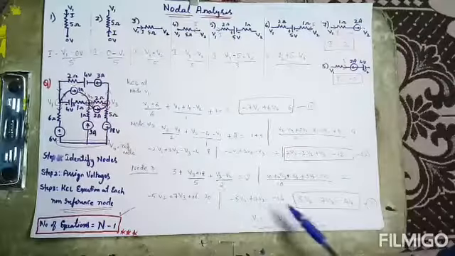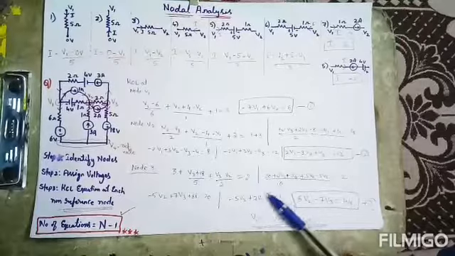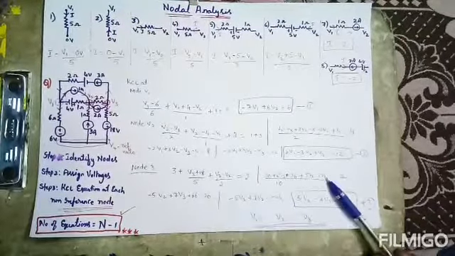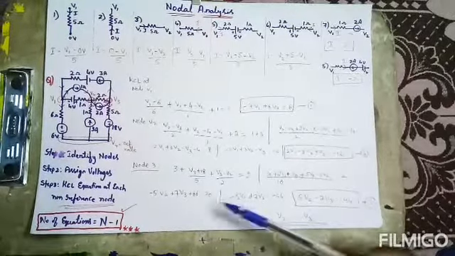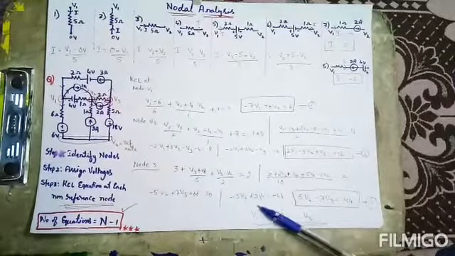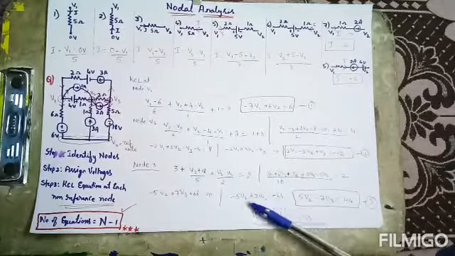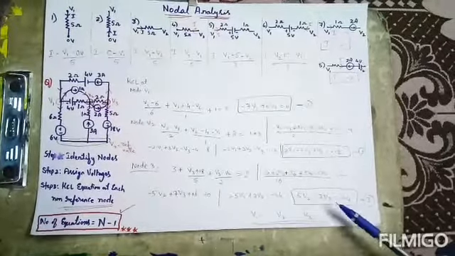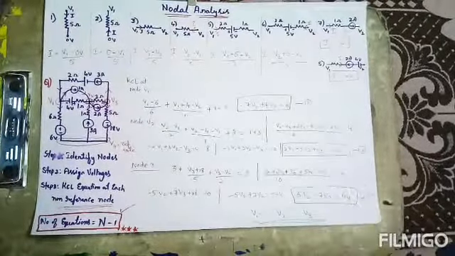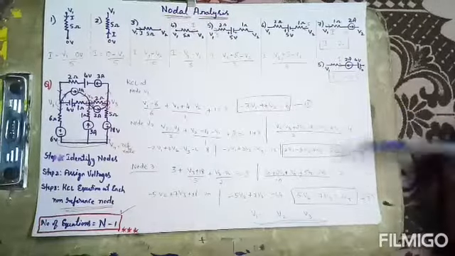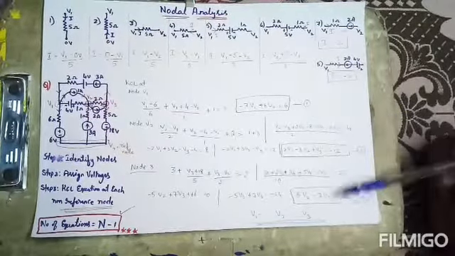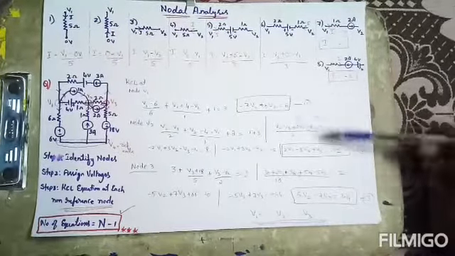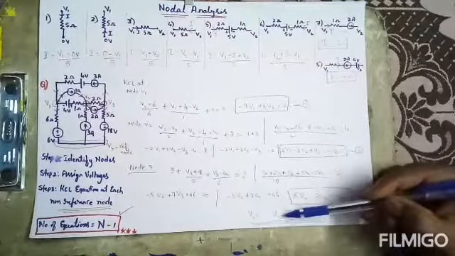Okay, so after writing this expression, we can simplify this by taking an LCM as 10, and we simplified it and got it like this. And then take this 10 to the RHS side, you get 20, and after simplification we get it like this. And after multiplying minus to both the RHS and LHS, we can get 5V2 minus 7V3 equal to 44. Thus, after getting all these three equations, we can apply Cramer's rule, or we can use a calculator. In the calculator, in the equations we can write all V1, V2, V3 and output values, so that we get the answers for V1, V2 and V3.